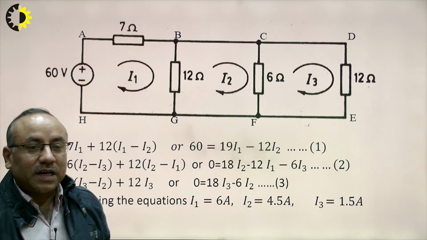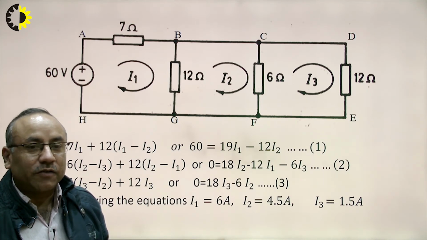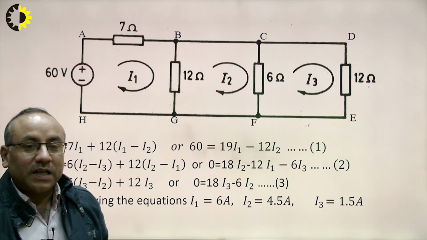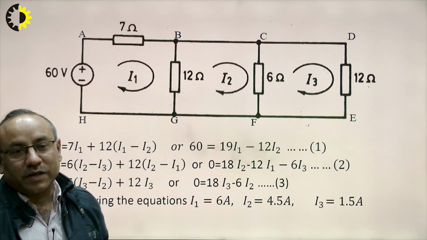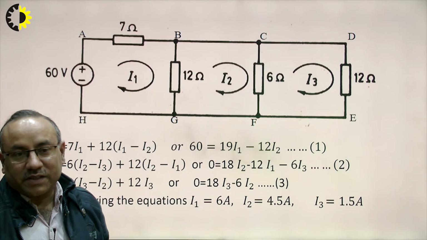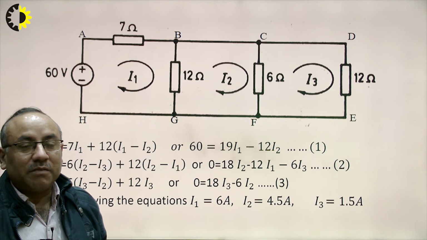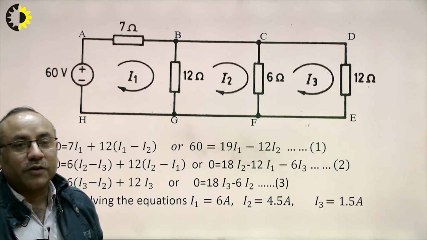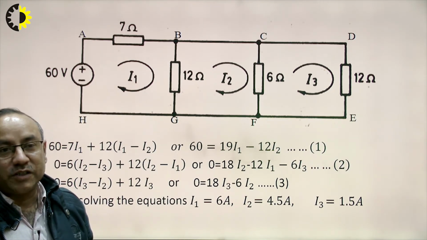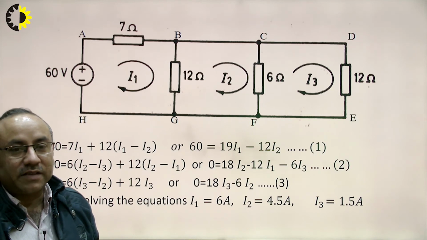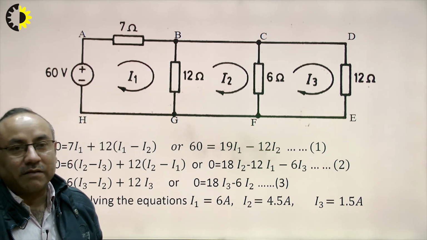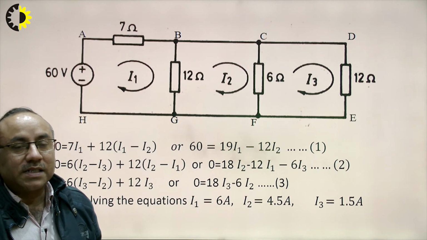That means the direction of current, or the orientation of current which we have assumed, the current will pass in that orientation. If the value of the current which we are getting is with a negative sign, then the current will be opposite to the direction which we have assumed, in case we are getting a negative sign in any current. So, that way we completely analyze the circuit with the help of it.